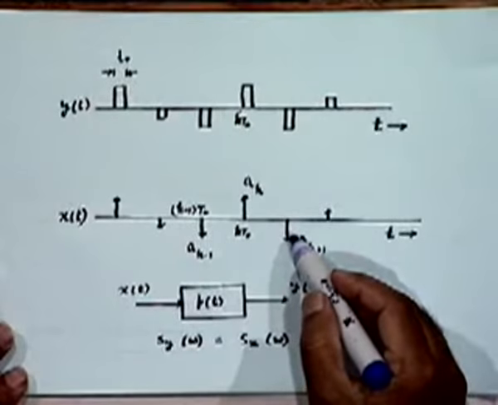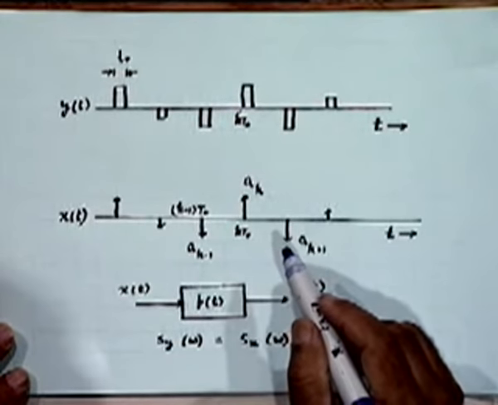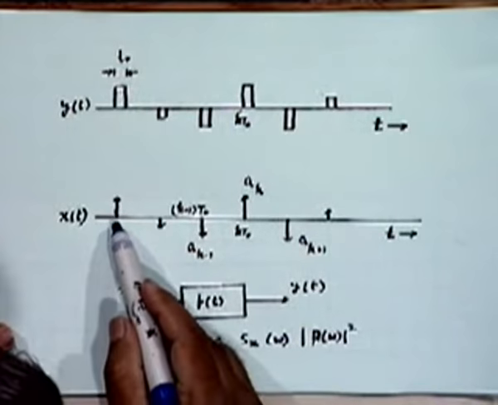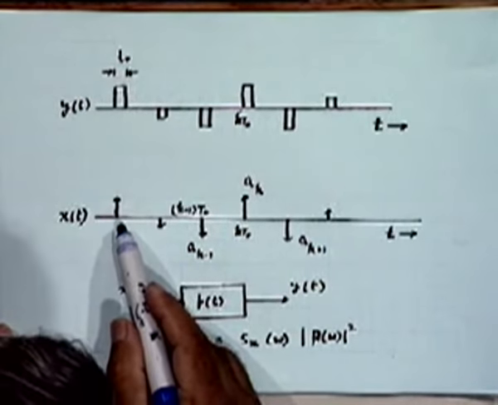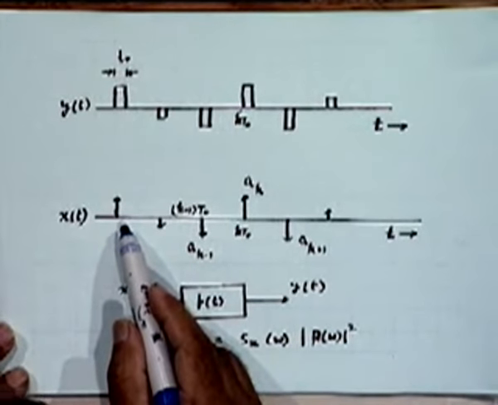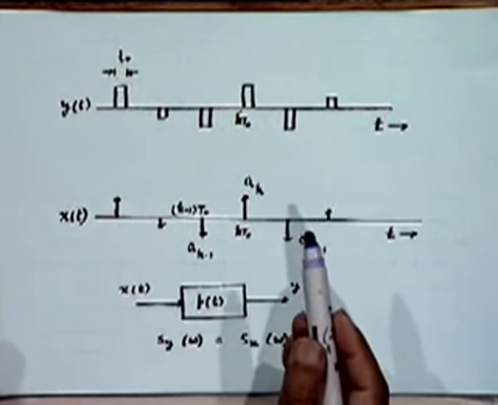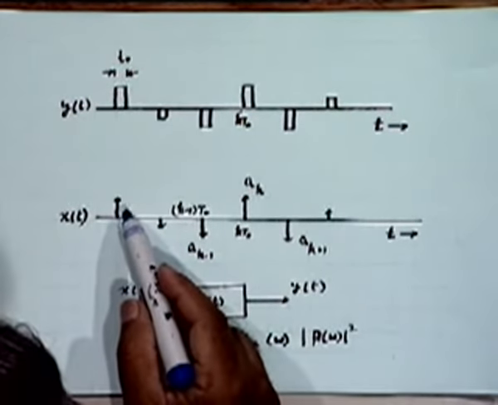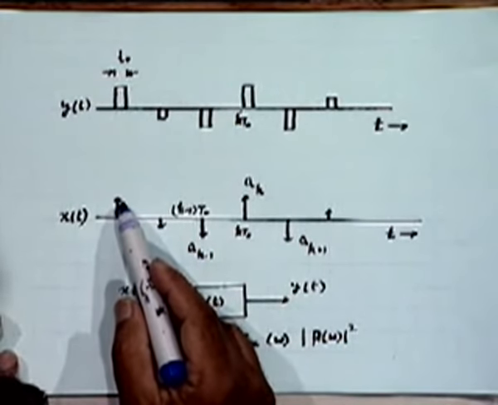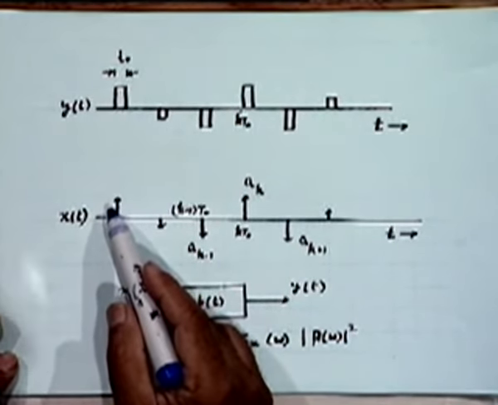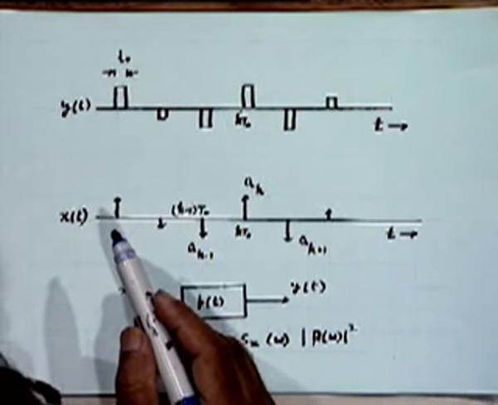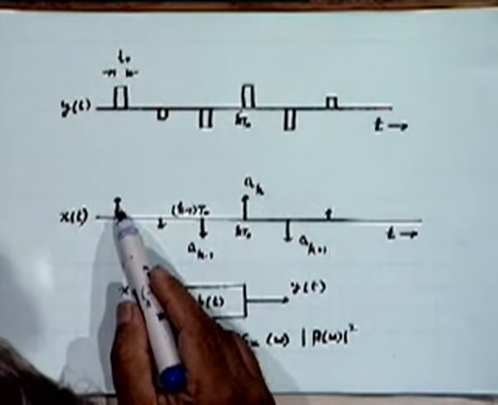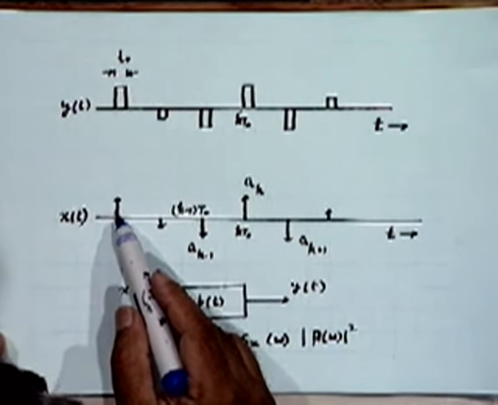In order to do that, we shall make another transformation from this impulse train back to rectangular pulses. What we like to do is, and all of you are familiar with this fact, you can regard an impulse as a limiting form of a specific kind of pulse shape that you may choose. For example, we could choose a rectangular pulse shape whose width and height are such that the area under the pulse should be equal to the strength, and in the limit as the width is decreased to 0, the amplitude of that pulse will go to infinity, becoming an impulse with its strength a sub k, right.